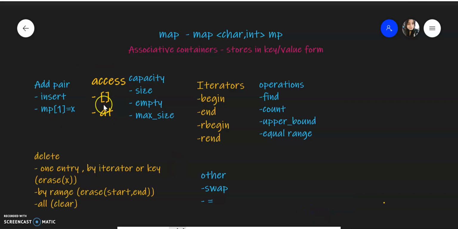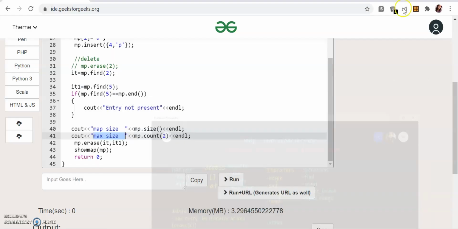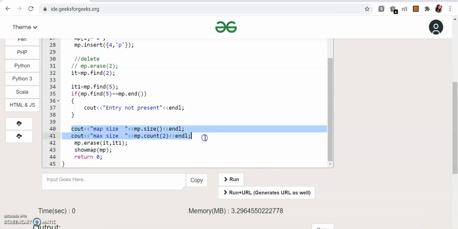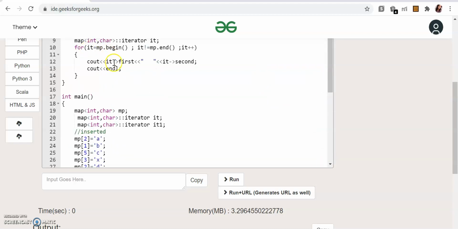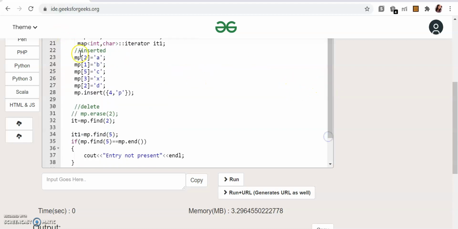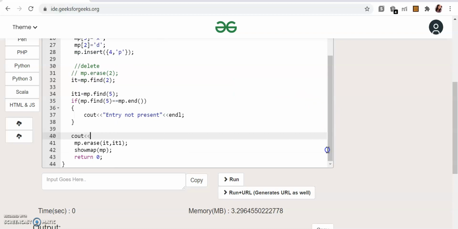I have already covered access. Okay, access, let's try at. If you want to access some element, one way is to iterate over all the elements and use first or second. But if you know that this key is present and you want to get the value, you can just do it using the square brackets.